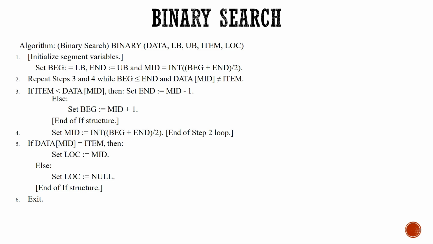Or else, what is the else case? The item is greater than the middle item. Then we have to search in the second half. For searching the second half, beginning will be equal to mid plus 1. So this will make the first half, and this will make the second half. Then next, every time, mid will be equal to (beginning plus ending) divided by 2. Now this process will be repeated. Once we come out of step 2, we have two options. If the element at the middle is equal to your item, then we say that it is successful, or else we say that it is unsuccessful.